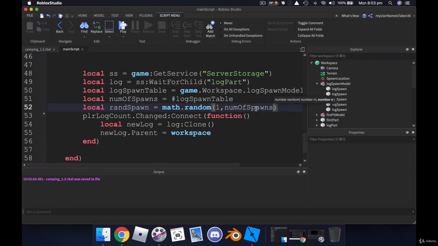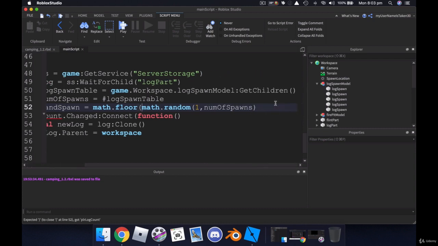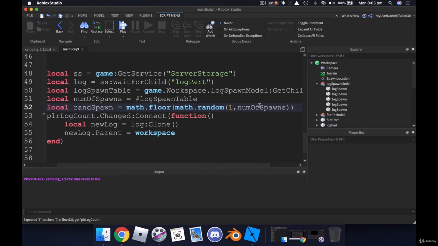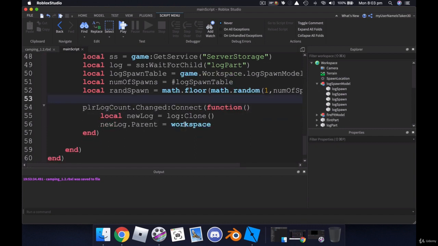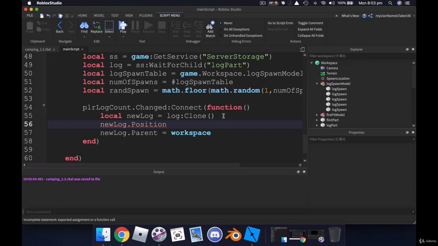And now this might return a decimal number, which we don't want. We want this to be rounded. So we will use math.floor and just put everything inside of this. That way it won't return a random number. Okay. So that should give us one number of one of these in here. And then what we need to do is get its position. So down here where we've got our new log, we're going to make new log.position equals,